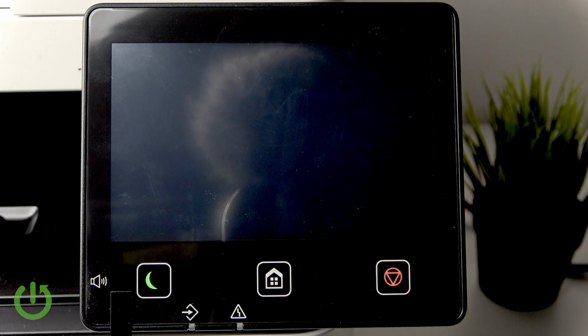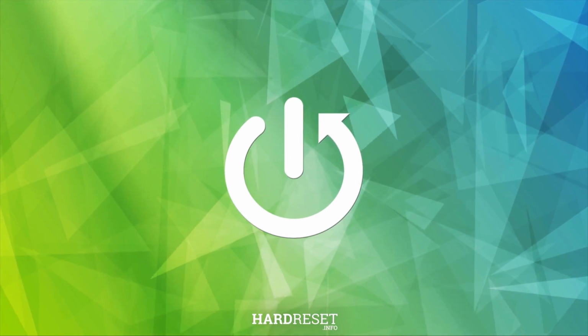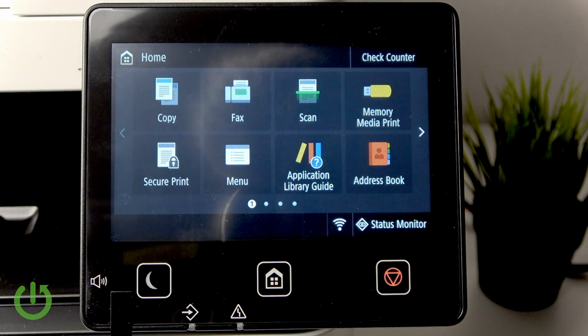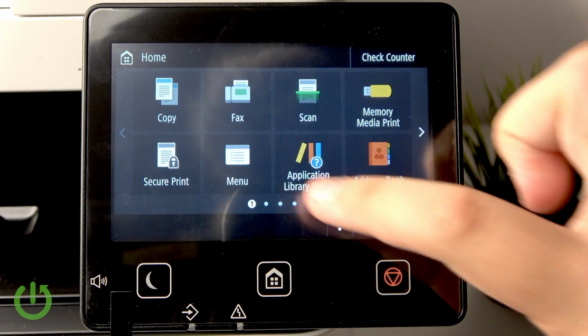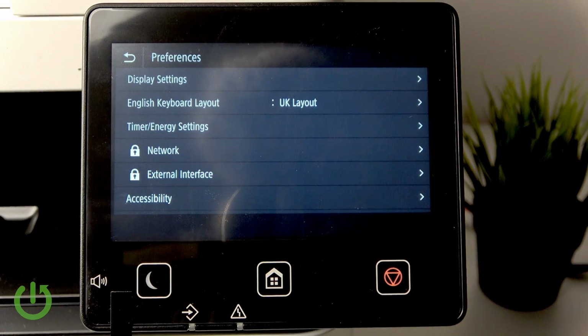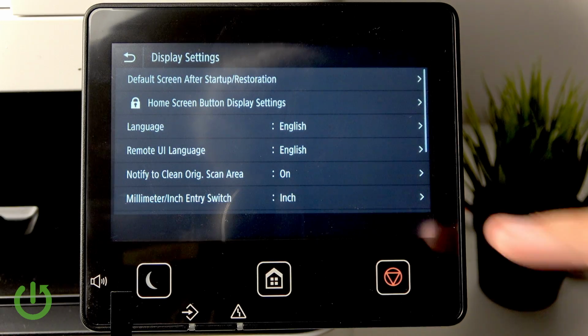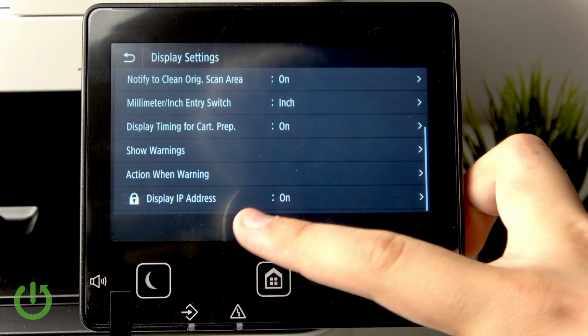In today's video, I'll show you how to easily enable or disable display IP address on your Canon i-SENSYS MF657. So here we have the home page. Now we need to go over to the menu and here go to the preferences. Here we need to go to the display settings, and right at the bottom we will have the display IP